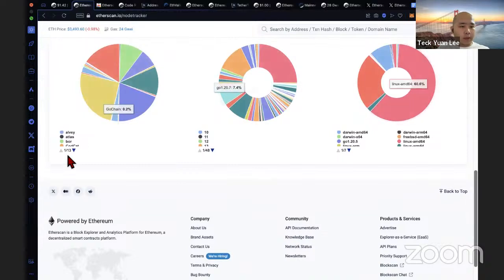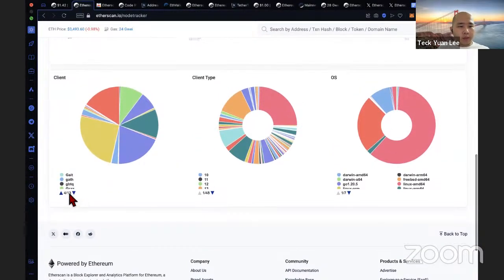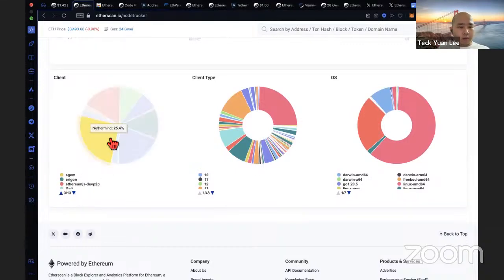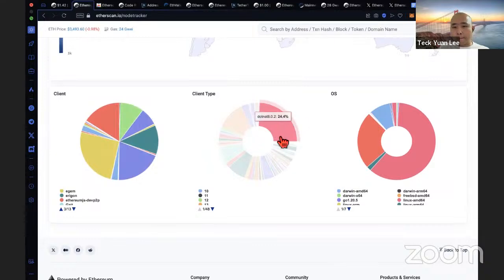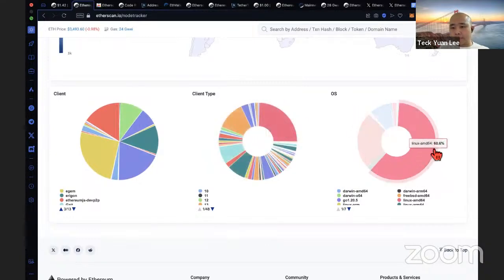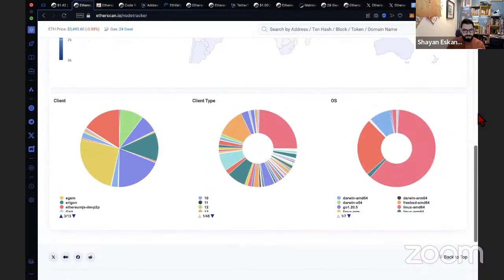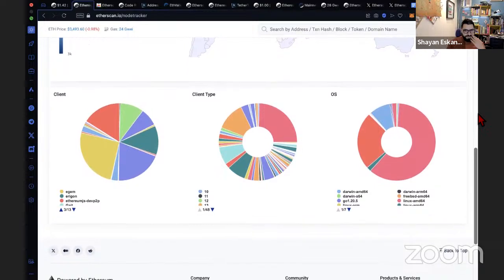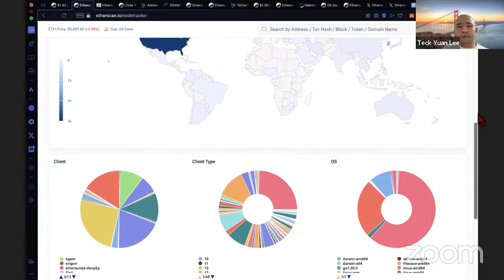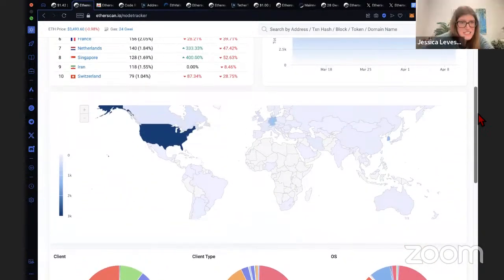And then there's this client types. There's Geth, Erigon, Nethermind. Yeah, I think those are the breakdown of the versions and everything around that. I didn't know that this existed. This is pretty cool